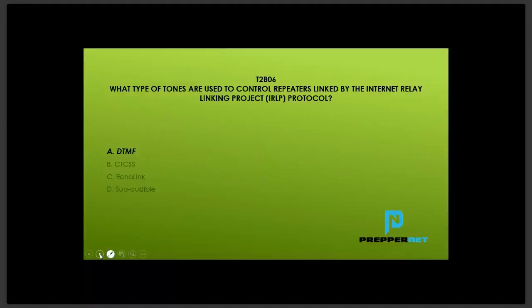So what type of tones are used to control repeaters linked by the Internet Relay Linking Project, IRLP protocol? Okay. This is that DTMF I was talking about. First of all, CTCSS tones are subaudible, meaning you can't hear them, so that can't be the answer, because they're asking for what type of tone for a very specific protocol. Echo link isn't a tone protocol. Echo link is just a communications